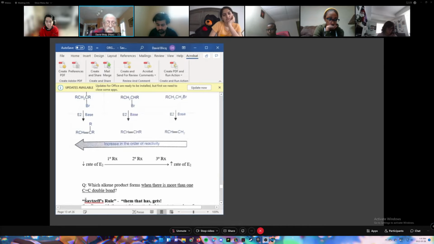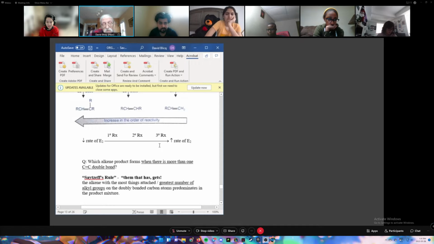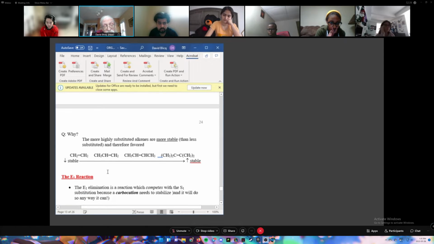It's Zaitsev's rule. The question is, if you happen to have this nice long alkene, and you've got 2 double bonds in it, it's a diene, which place are you going to have the reaction? The rule is, whatever has the most attachment is the one where you're going to get the substitution. That is, whichever has the greatest things attached to it, that's where your substitution or your elimination will occur. All right. Why? The more substituted,